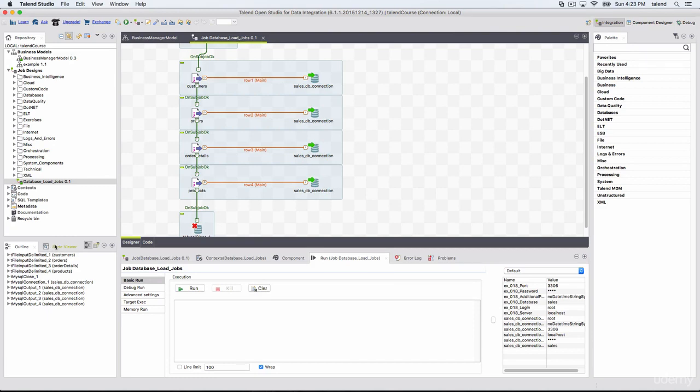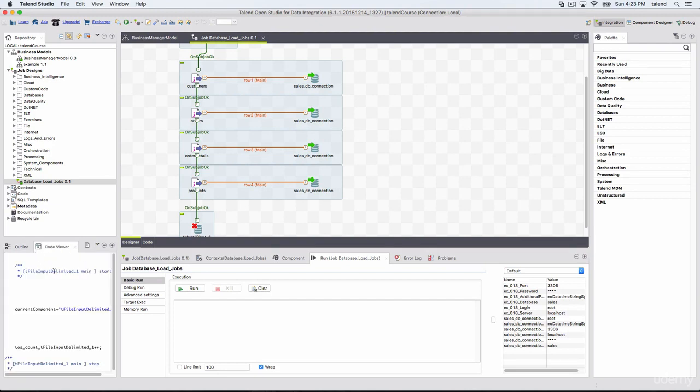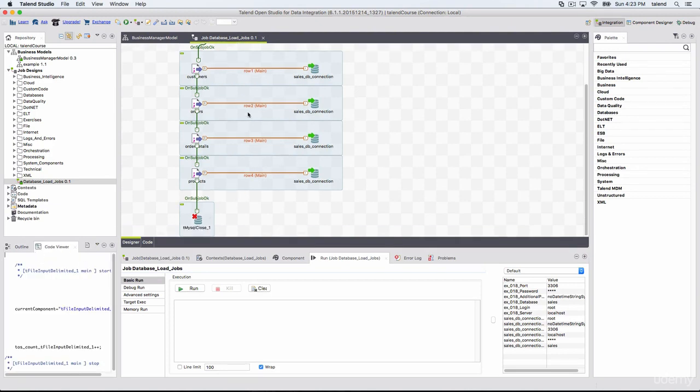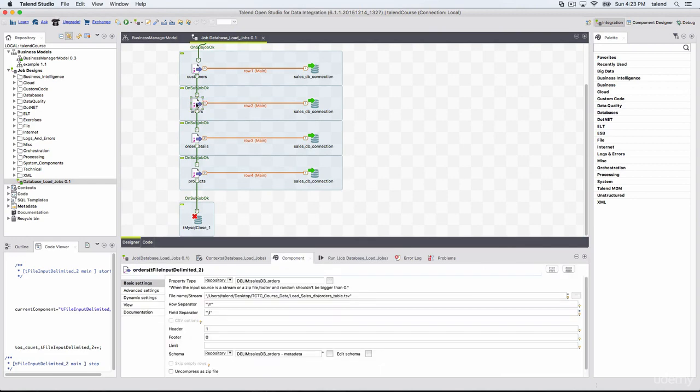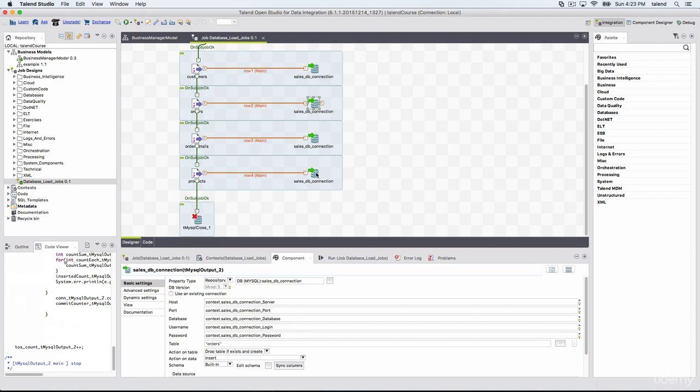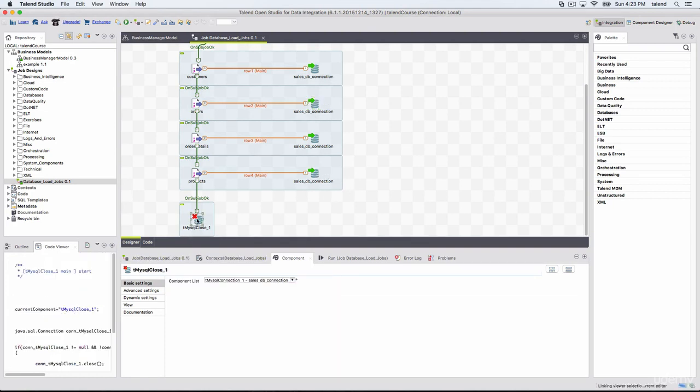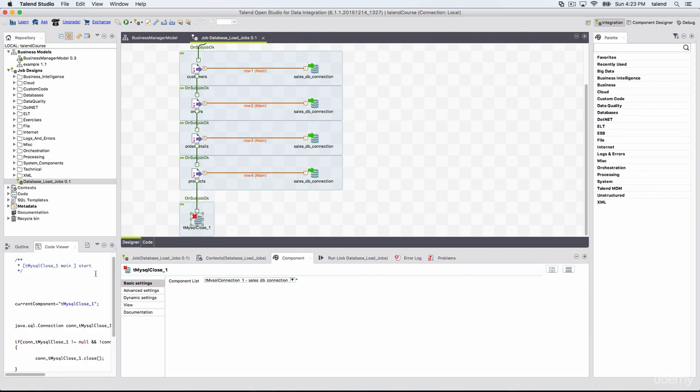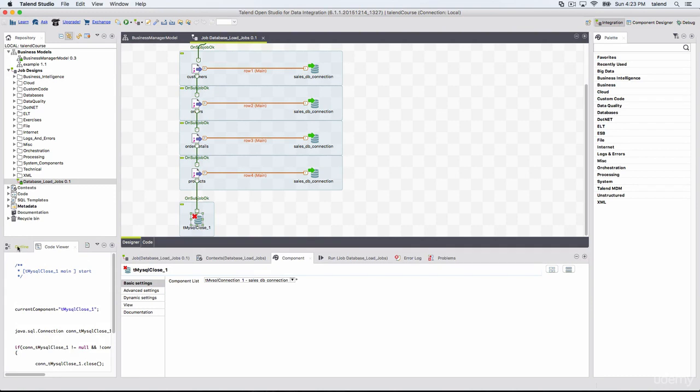The code viewer will show you the code for a particular component. When you click on tMySQLOutput, or on MySQL close, it will show you the code for that particular component.